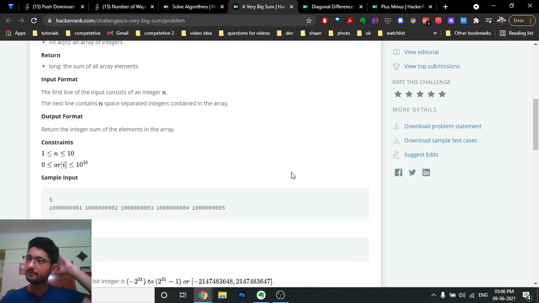Overflow means that every data type, such as an integer, has specific memory which it can store. Now if the number becomes very large, it cannot store that number, and thus you have to use a larger data type. By larger I mean that instead of using int, you can use a long. In an integer, roughly if a number is less than or equal to 10 to the power 9, roughly it is like 2 into 10 to the power 9. You can search it out, but roughly it is up to 2 into 10 to the power 9,